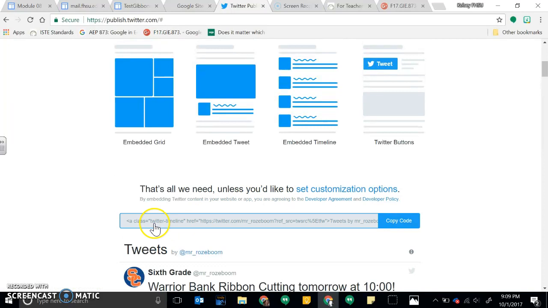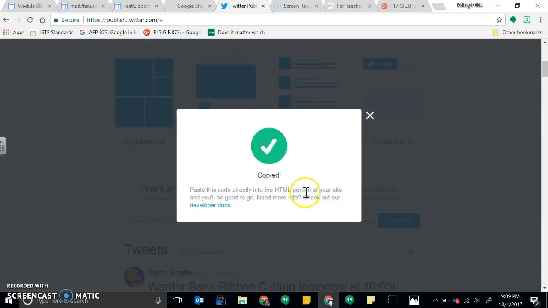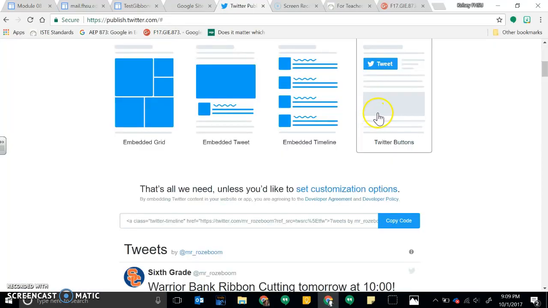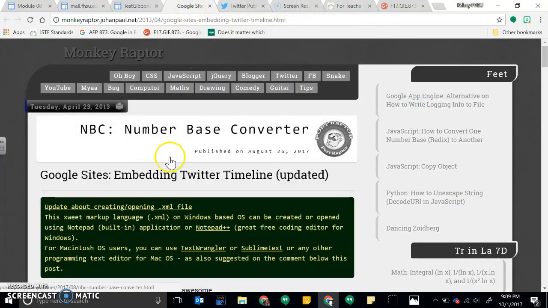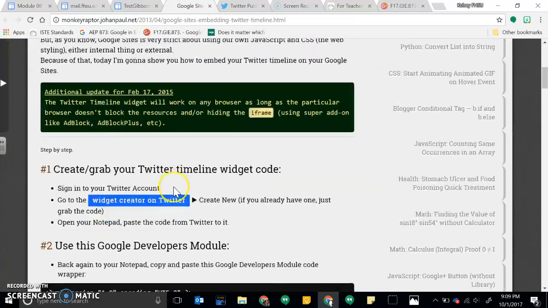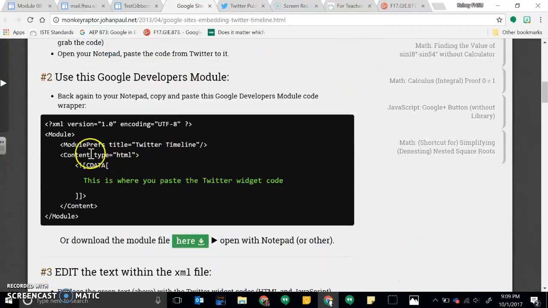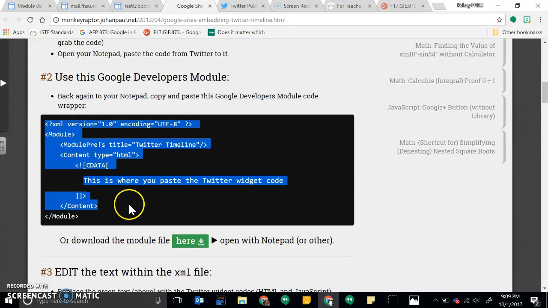So what I need to do now is copy this code. So I've copied it. And I have found that you need to have a specific coding format in order for this to work in your Google Sites. So I have found this on another website. So you're going to go down here, and this is the code that you need. So you're going to have to copy this,